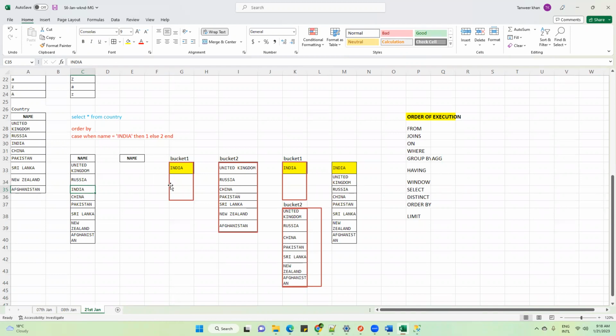Is this clear till now? Yeah, Tanvir. After that, you have written else. We all know the meaning of else is apart from that, or remaining. You all know the meaning of else, right? So apart from India, I am left with these countries. So then I am telling the SQL engine that all the remaining countries apart from India, keep them in bucket number 2. That is why all the remaining countries I have placed in bucket number 2.